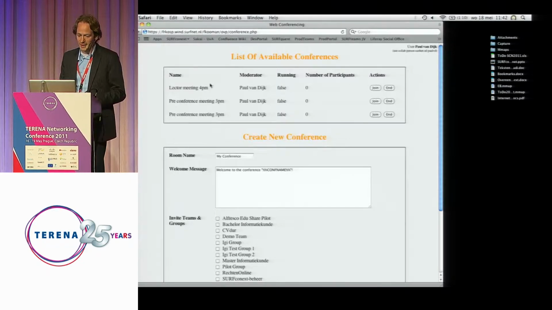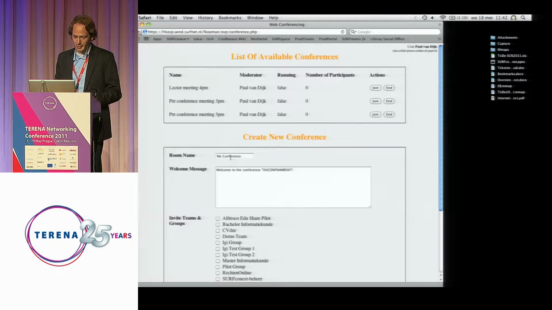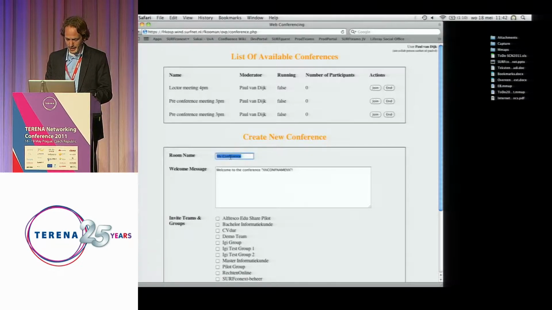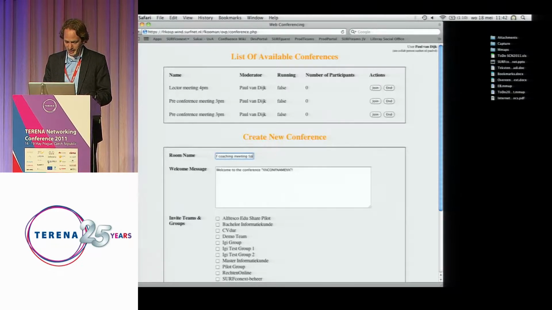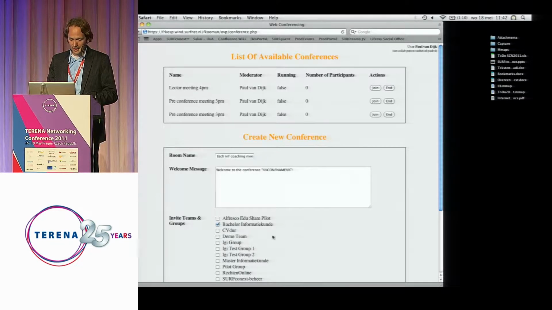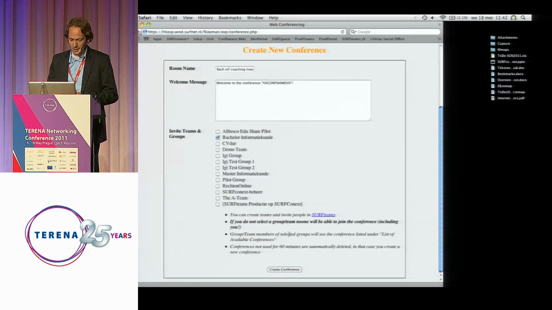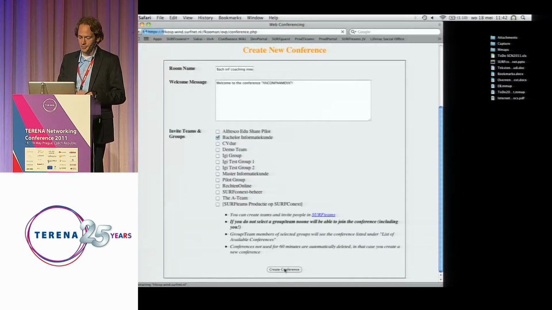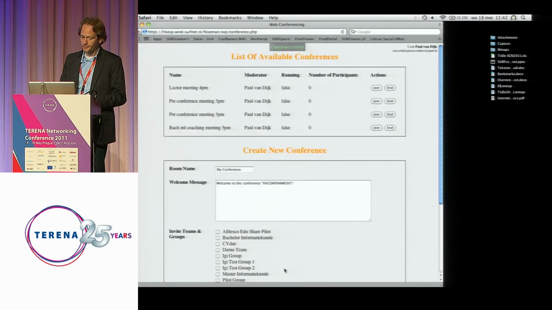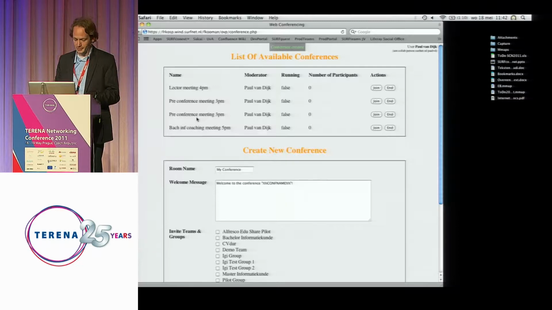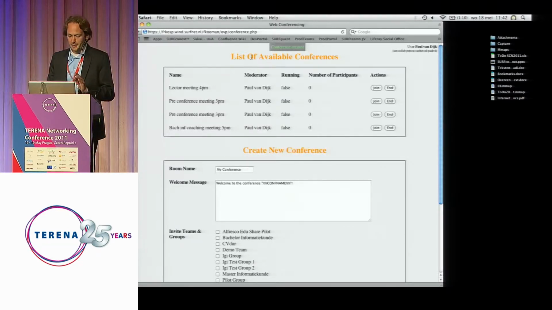I did some already. Can add some more. Bachelor Informatics, coaching meeting at 5 p.m. And over here are my groups again. So I attach this meeting to the conference. And then it's scheduled. Okay, so if we go back to the presentation,